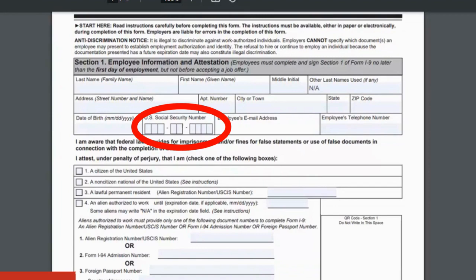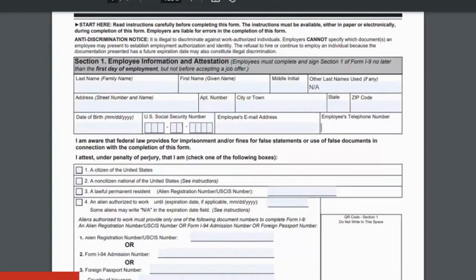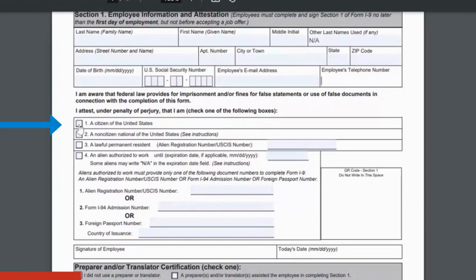The email address, if applicable. If not, enter NA, then telephone number. For this section, if the person you're completing the I-9 for is a citizen of the United States, you'd obviously select box 1, because they're attesting that they're a citizen. If the second applies, a non-citizen national of the United States, you'd see the instructions for that.